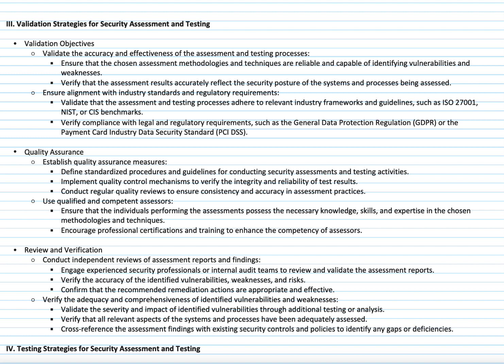And you need to ensure that these assessment methodologies are reliable and capable of identifying the weakness. So basically what it comes down to is if you use a scanner that is looking for a specific weakness, it needs to have the ability to do that. If you try to, as an example, use a scanner that maybe is designed specifically to look for user accounts, and our user accounts have elevated privileges.